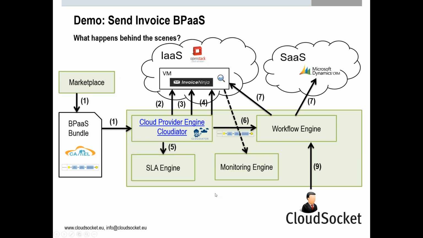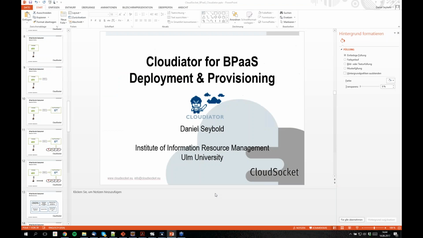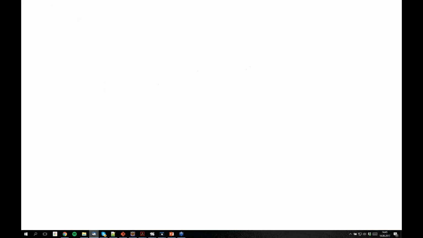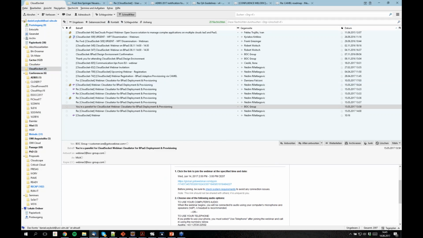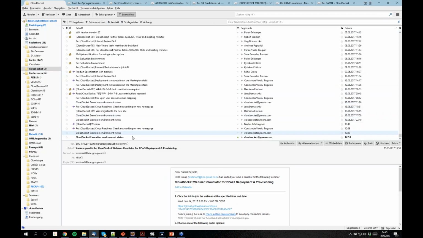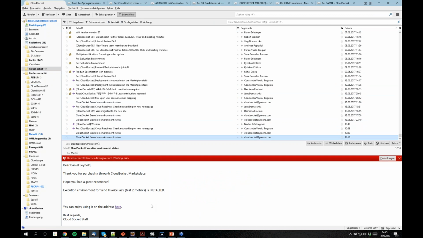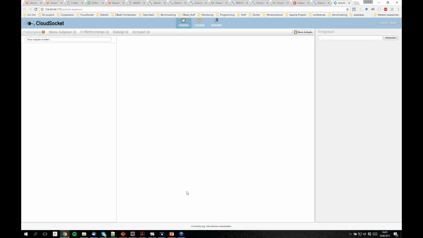Now we can have a look at how such an email looks. Well, there should already be one. You can see that we got an email from the marketplace that the instant invoice was already successfully deployed. We can open the link and we will be